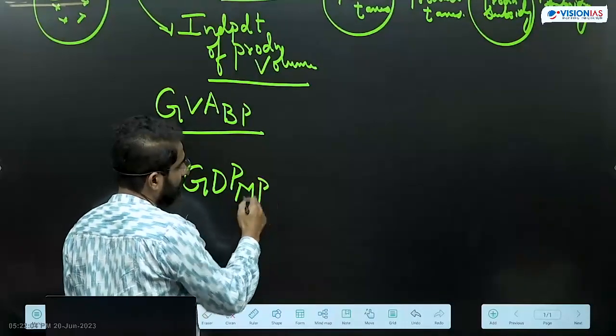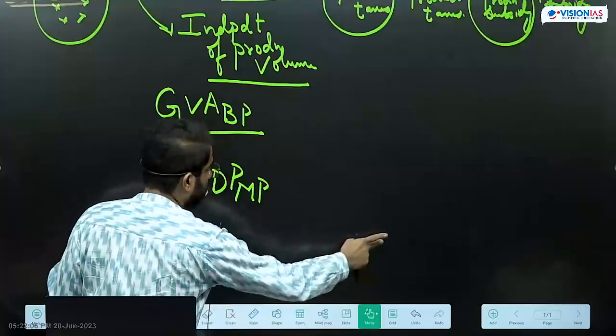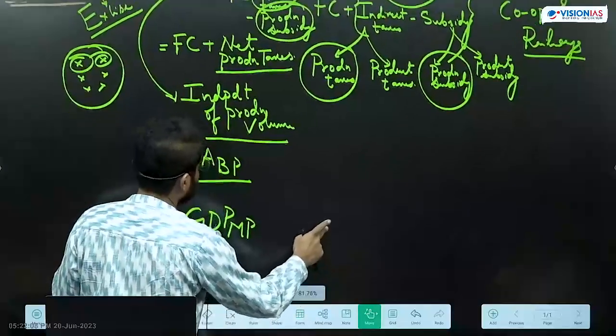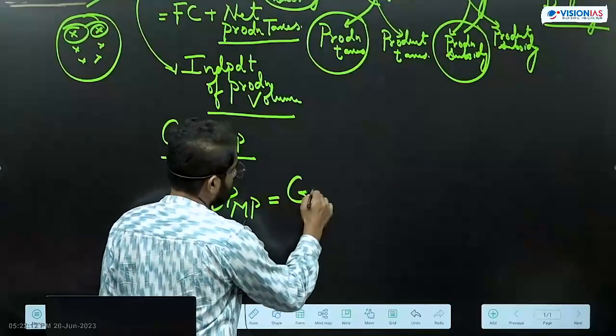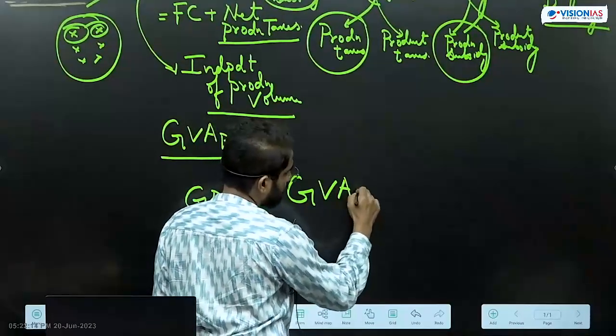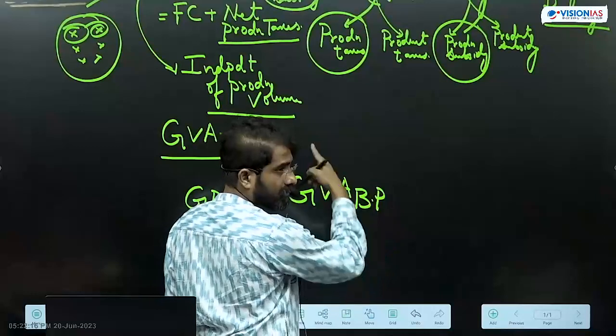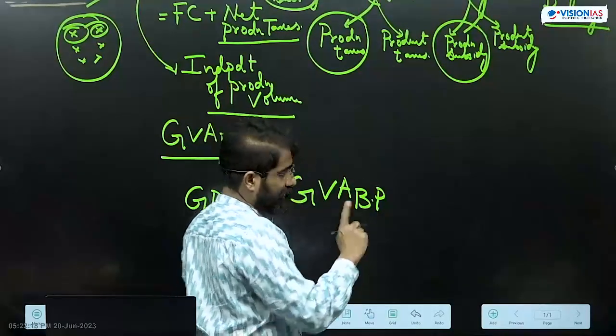So GDP at market price will be equal to GVA at basic price plus